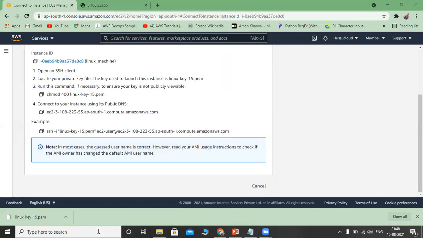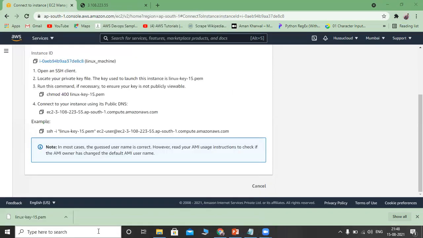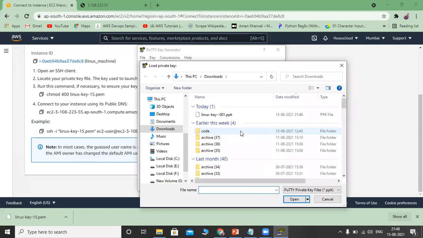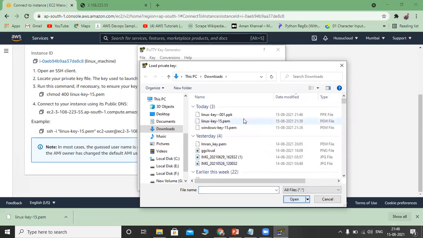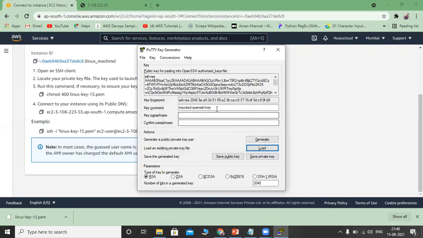So let me use PuTTYgen one more time. Go to PuTTYgen, Load, All files, it should be the Linux key. Open. Successfully imported foreign key. Let us give this the name admin.